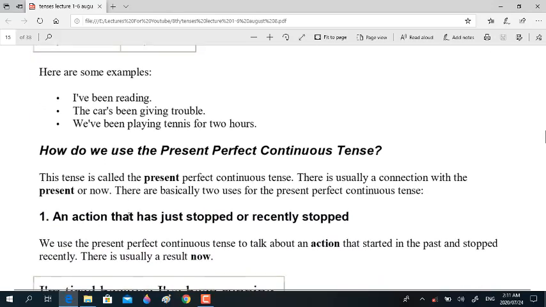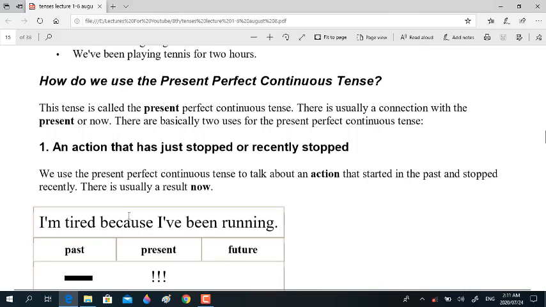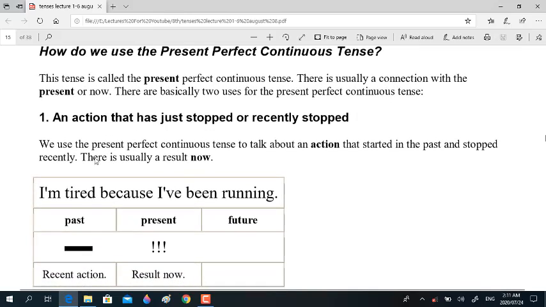Now look at its uses. How do we use the present perfect continuous tense? This tense is called the present perfect continuous tense. This usually has a connection with the present or now. There are basically two uses for the present perfect continuous tense. Okay, first is an action that has just stopped or recently stopped. Right? Means, for example, if you